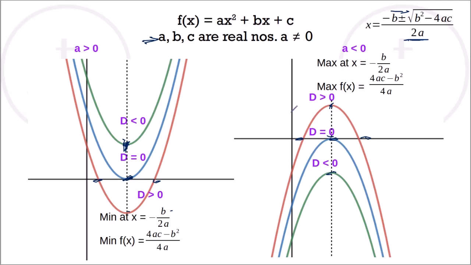If you differentiate this equation, you'll find the local minima or the maxima. An easier way to identify it is to look at the roots. The curve is symmetrical, so the midpoint, or the average of the roots, is going to be your minimum value or the maximum value. Sum of the roots is minus b by a, so the average will be minus b by a divided by 2, which is minus b by 2a. So at x is equal to minus b by 2a, you'll get the minimum or the maximum, and you substitute this value into the function. You'll get the minimum value or the maximum value of this function.